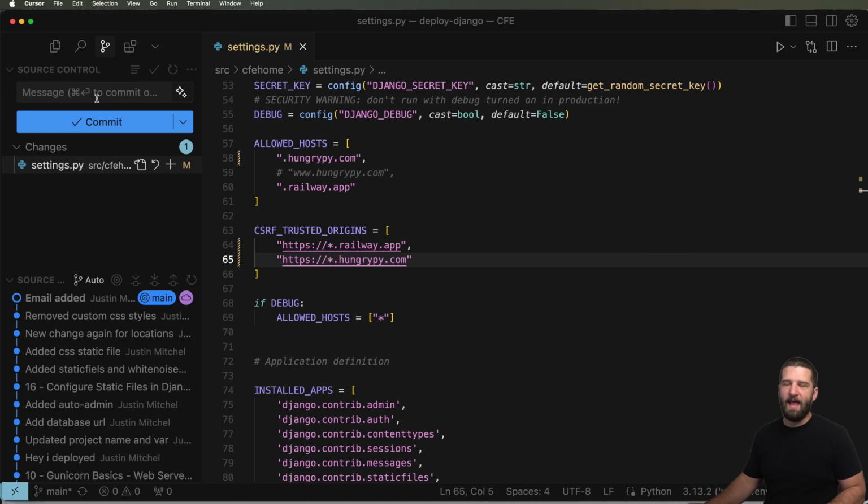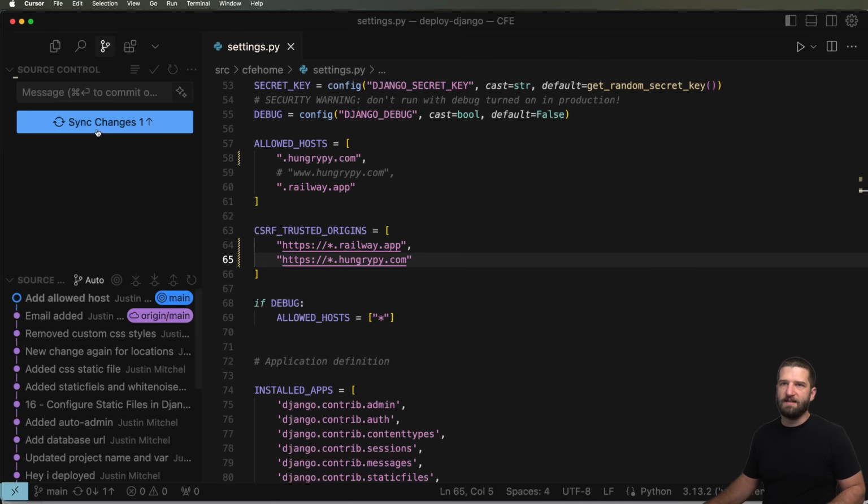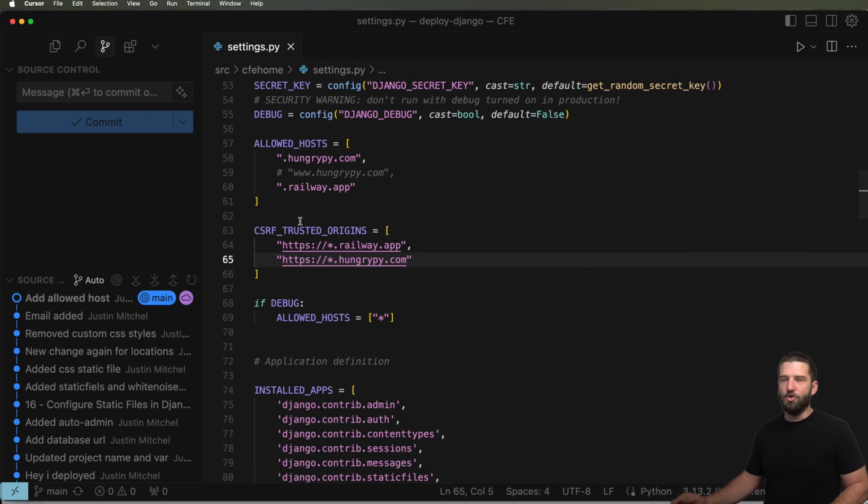Then we'll go ahead and add allowed host. We'll commit that, say yes, and then sync those changes, say okay. Okay, so the cool thing about using Cloudflare as our domain name security is we don't necessarily have to add